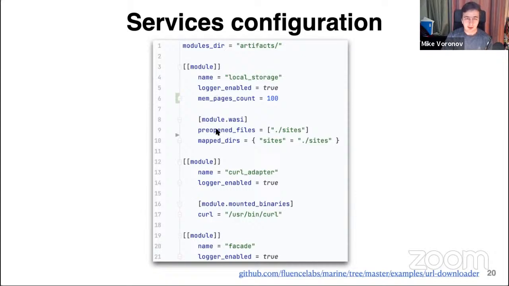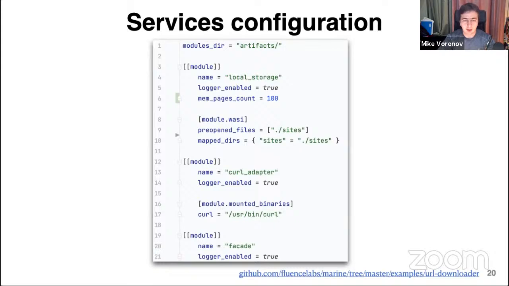They're defined in some file and they have different settings. One of the most important and interesting is the setting for WASI. Here you can see that these modules have only one directory that they can access, and nothing more. And for this module, you can see that it's our gateway, our interface to a mounted binary. They just call it through CLI,